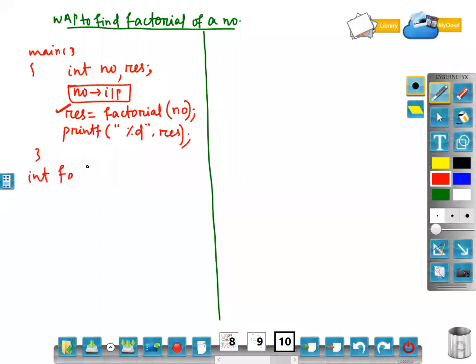int factorial, I'll catch the variable, let me give the same name. How to find the factorial, all of you? Factorial means 5 factorial. How to find 5 factorial? It is 5 into 4 into 3 into 2 into 1.